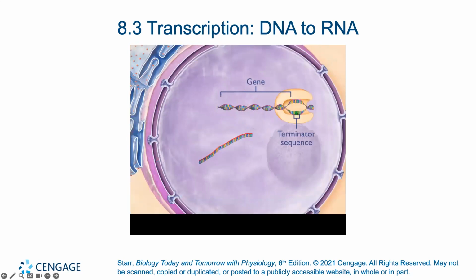What happens next is that the message is going to be processed. Sequences that don't code for amino acids are going to be removed in a process called splicing. There's going to be a poly A tail put onto the 3' end of the message by an enzyme that's able to do that without using a primer or a complementary strand. And then there's going to be a 5' chemical group called methylguanosine put on the beginning